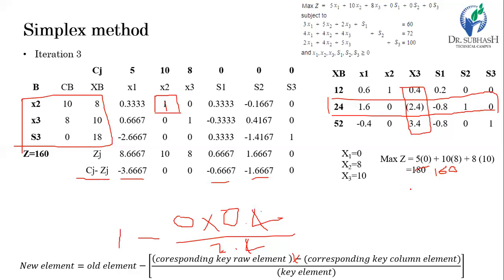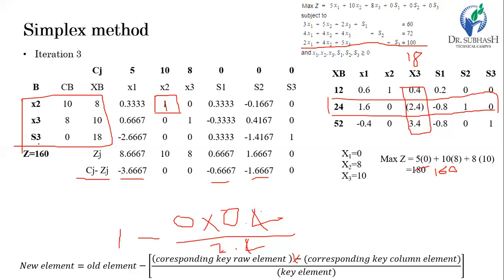Now one thing to keep in mind, here we get the value of S3 equal to 18. So in the third constraint, which is here 2x1 plus 4x2 plus 5x3 plus S3 equal to 100, it means the third constraint is not fully utilized here, and it will remain unutilized by 18 units. So you can utilize it in any other places if you have any parallel process going on for the particular problem. So this is the practical meaning.